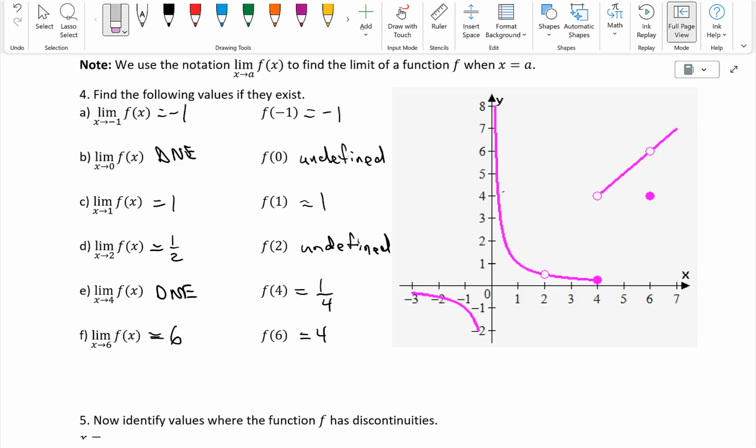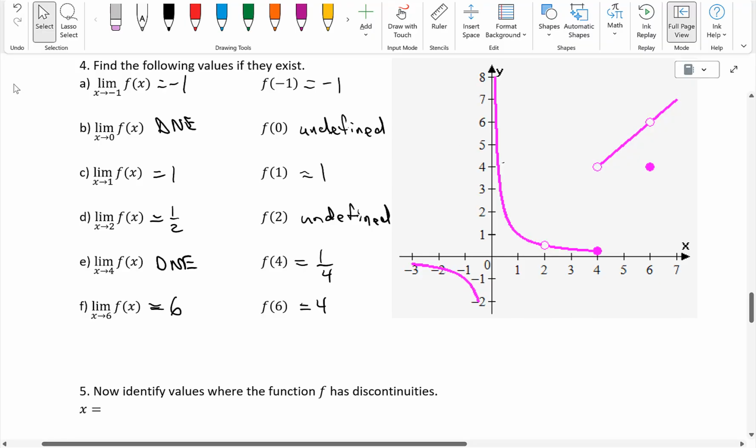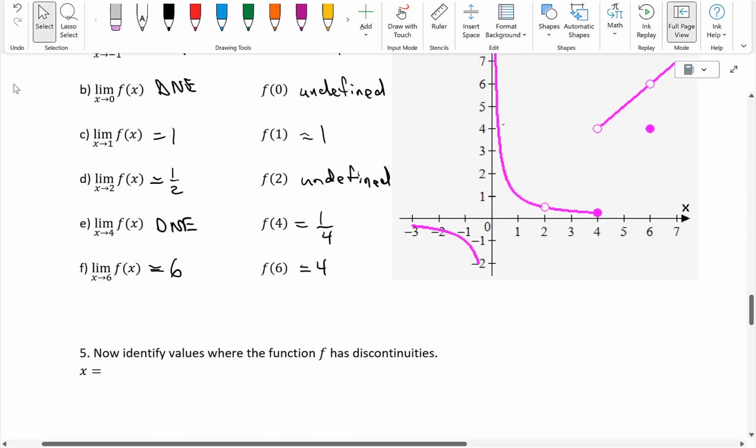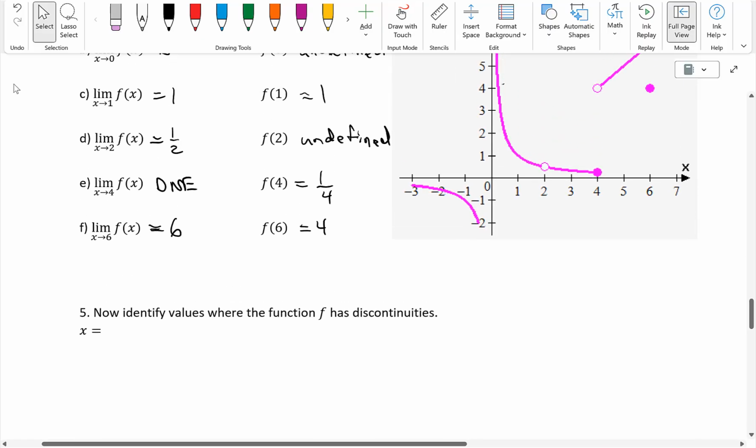And we said f of 6 is 4. So the whole point of looking at that is to add a little bit more to your vocabulary and what you can say about a function. The discontinuities are hopefully a little bit easier to pick out, and then we can relate the two using the limits. So if we want to identify values for x here where the function has discontinuities, hopefully we